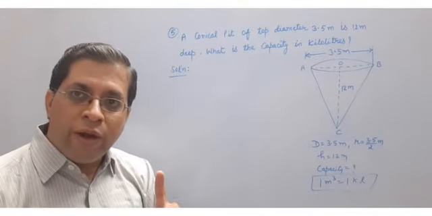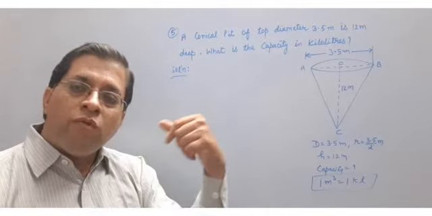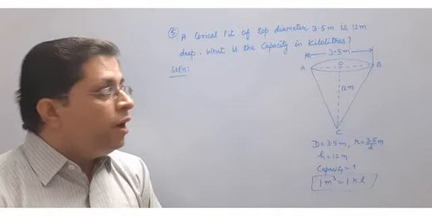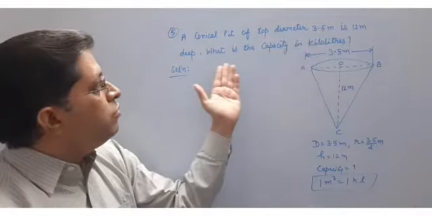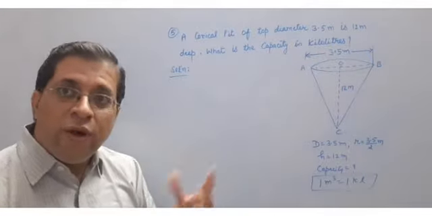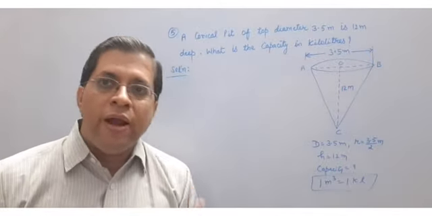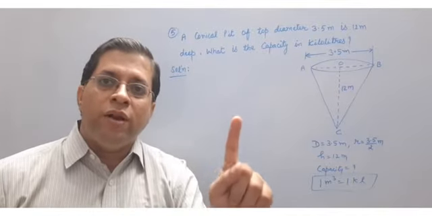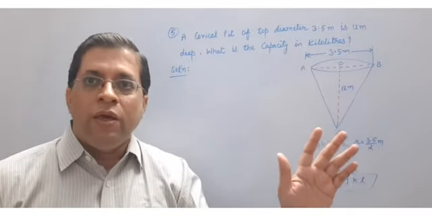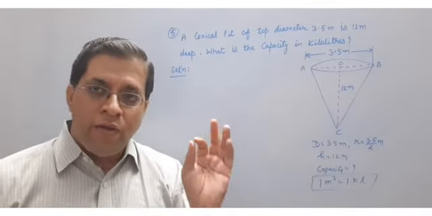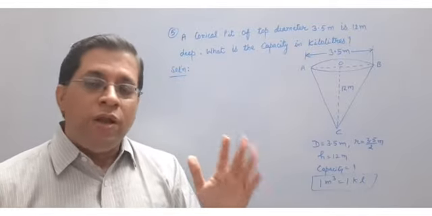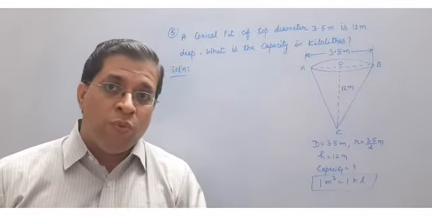First of all, you have to find the volume. Then convert the volume into kiloliters. And all things are given in which unit? In meter. It is very good because we know that 1 meter cube equals 1 kiloliter. Okay, it is very clear. Then directly find out the volume of the cone.